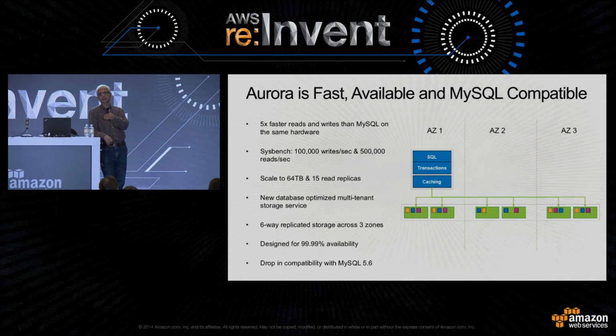It's just a standby, which sits there till there is an issue of some kind, and then it fails over. In this case, your standby is actually a read replica. You can have 15 of those spread across 3 AZs. And if there is a failure of your master database, we'll flip over to a standby read replica if you have one of them. If that fails, we'll go to a second one. We can go through 15 of them before there's an issue for you. So it gives you a level of availability which is going to be at least as good as commercial databases. I personally believe that as you use it in preview, you'll find that it goes way beyond.